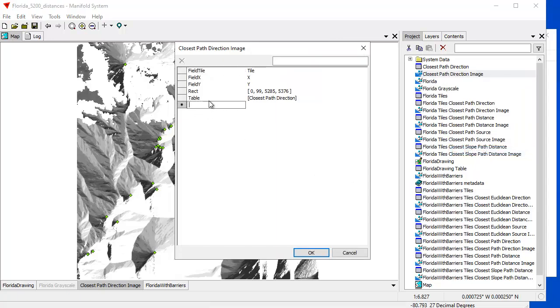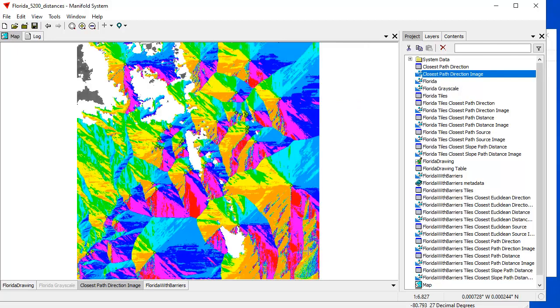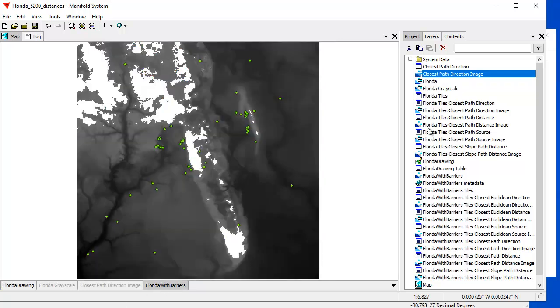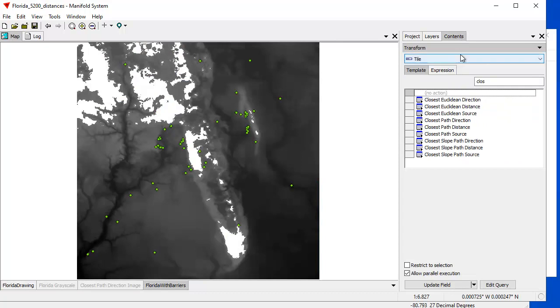Click the properties. I'm going to add a style pixel property, and for the value of that, I'm going to paste the JSON string that I copied out of the other one, and this is the JSON string that will color it exactly the way Esri colors it. If you've done a lot of work with Esri stuff, you know this is the kind of default formatting that Esri tends to use for such path direction rasters. Okay, let's move on, and let's do the next